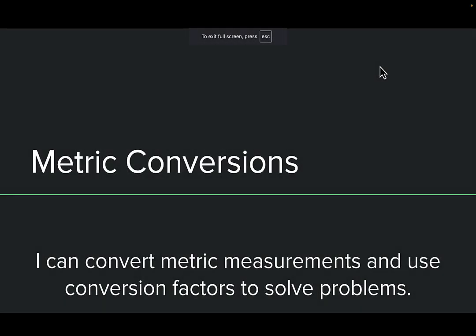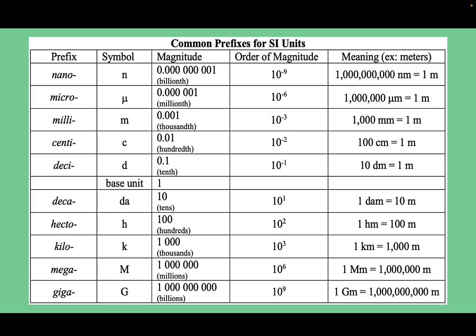The purpose of this video is to gain a basic understanding of metric conversions. The metric system is based on magnitudes of 10, with prefixes used to denote certain magnitudes of 10. This basic information is displayed here in this table. Since the metric system is based on powers of 10, conversions are as simple as moving the decimal to the